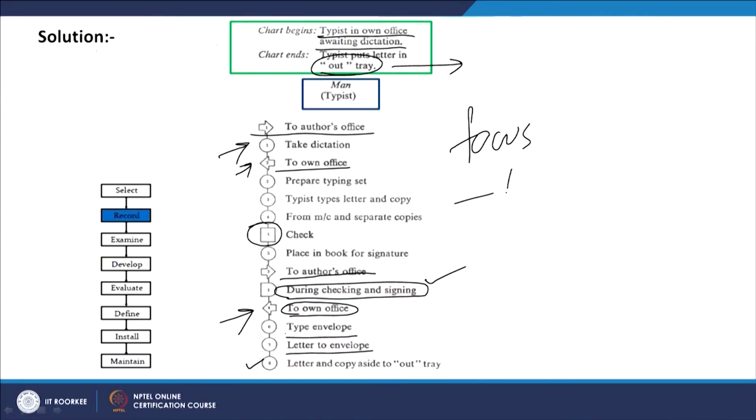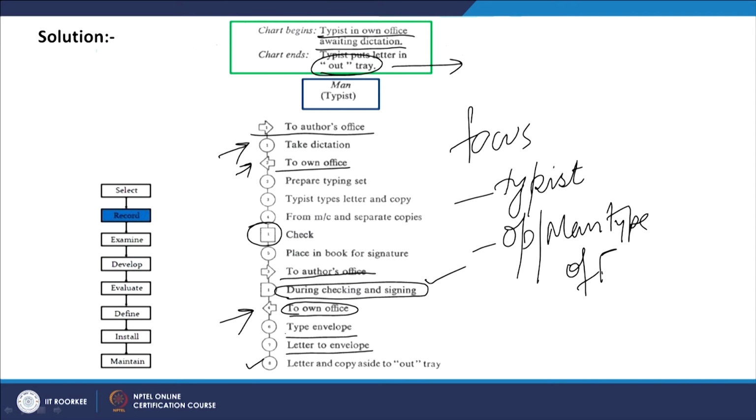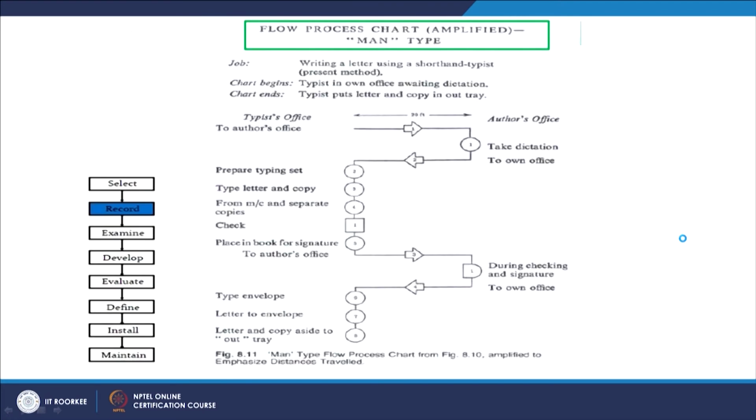So here our focus area is the typist. And what type of chart have we made here? We have made an operator or a man type of flow process chart. In the next case, we can also make a chart which is a material type of flow process chart.